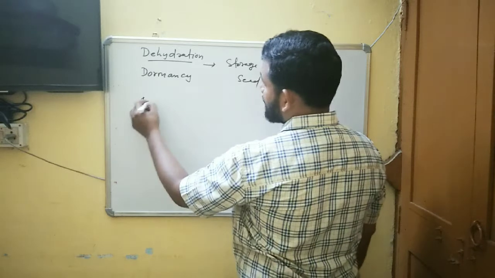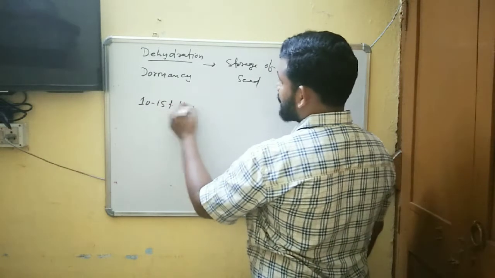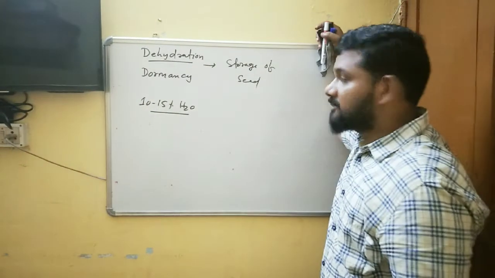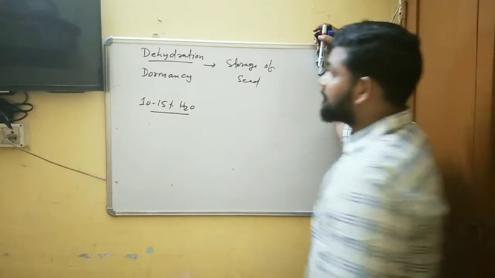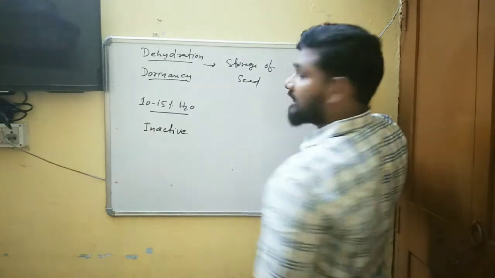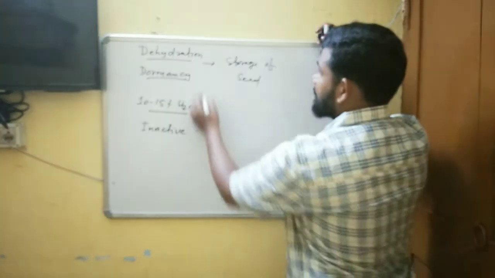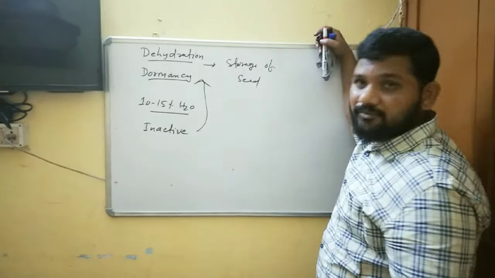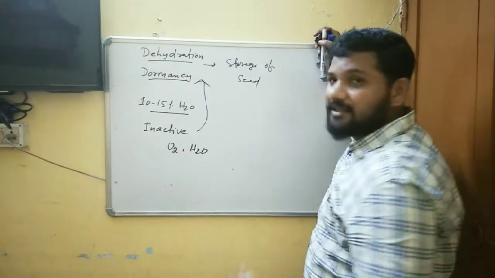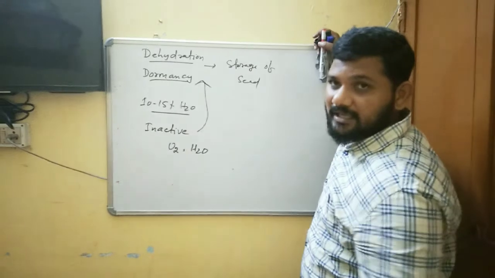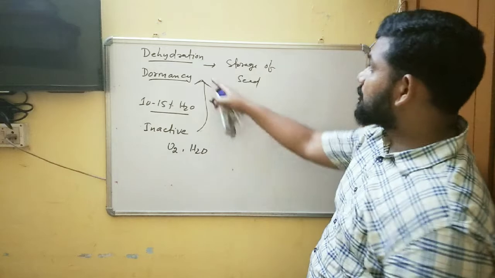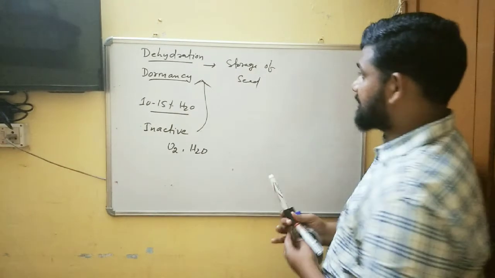Dehydration means it is the loss of 10 to 15% of water during the maturation of seed. When seed undergoes maturation and loses water, that is called dehydration. After the dehydration, the seed undergoes an inactive state. Inactive state under unfavorable condition, that is called dormancy. Then when conditions become favorable, meaning when sufficient oxygen and adequate water are available, the seed undergoes germination to produce seedlings, then plants, then production. So these two, dehydration and dormancy, are the two crucial steps for storage of seeds.